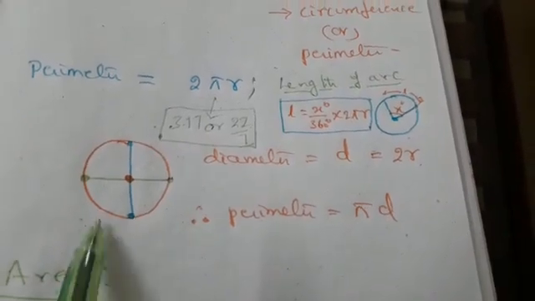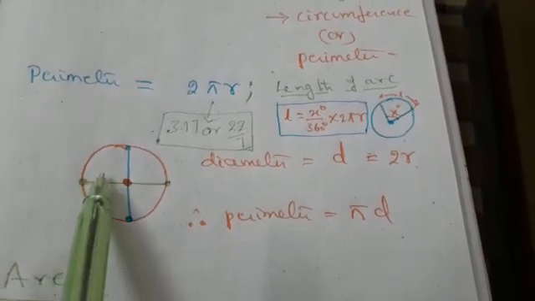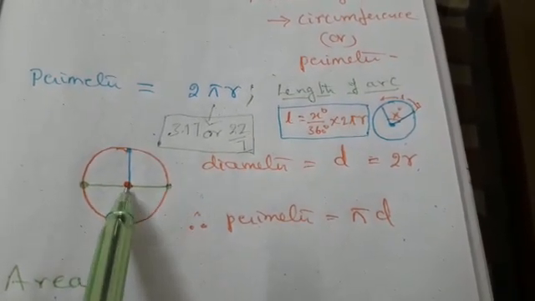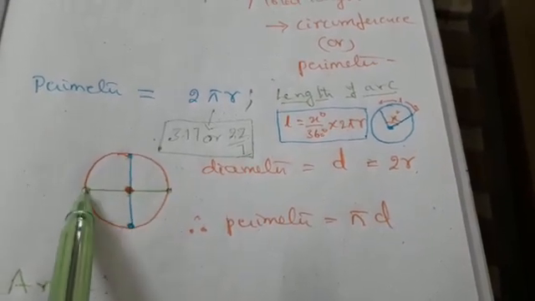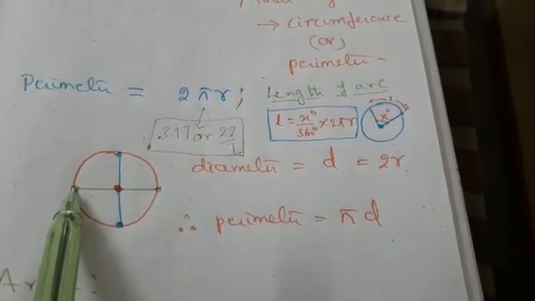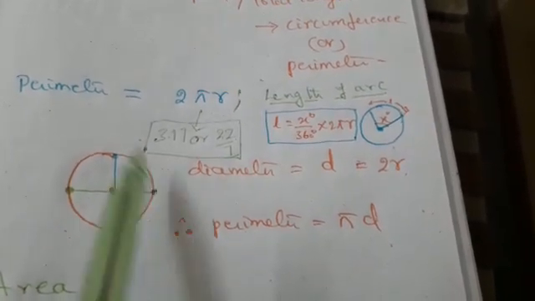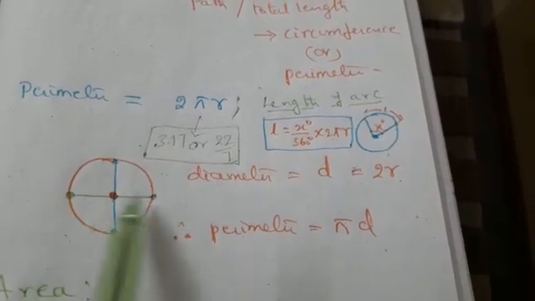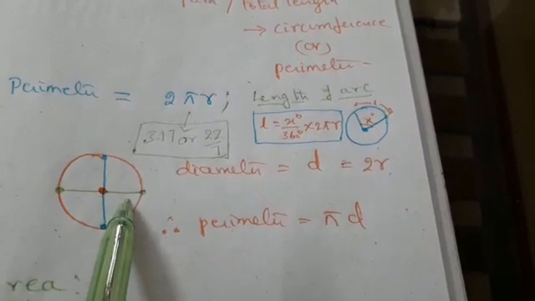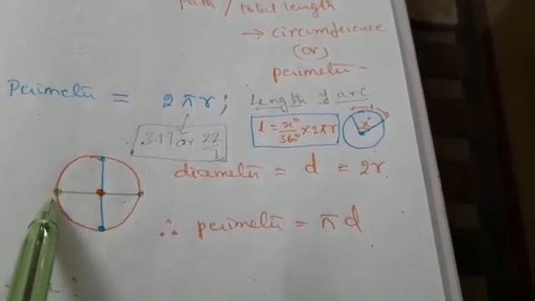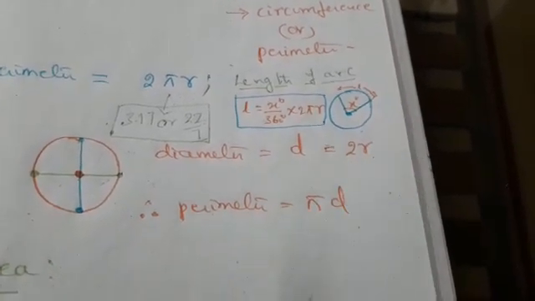What is diameter? When the line is drawn from one point to the other point on the circle, passing through the center, not like this, okay, passing through the center, or exactly, from one point on the circle to the exactly opposite side. Usually we divide the circle like that, and then we say that this length of the line segment is called diameter. And when you observe that this is radius from this to this, and from this to this is also radius, so r plus r is 2r. So diameter is equal to 2r.